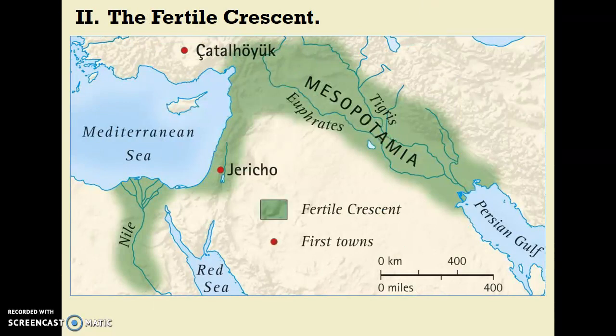The Fertile Crescent was an arc of land between the Persian Gulf and the Mediterranean Sea in southwest Asia. Mesopotamia means the land between the rivers, which are the Tigris and Euphrates, which you can see here. An easy way to remember them is Tigris is on top of the Euphrates. Both rivers flooded once a year and left a thick bed of silt.